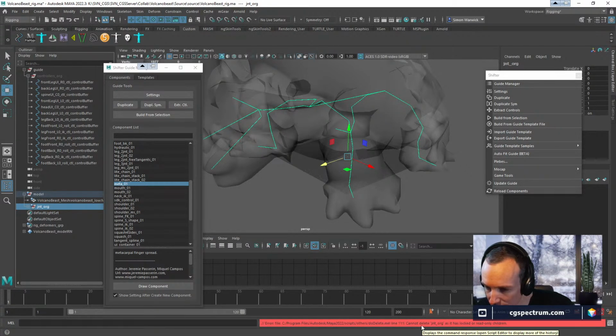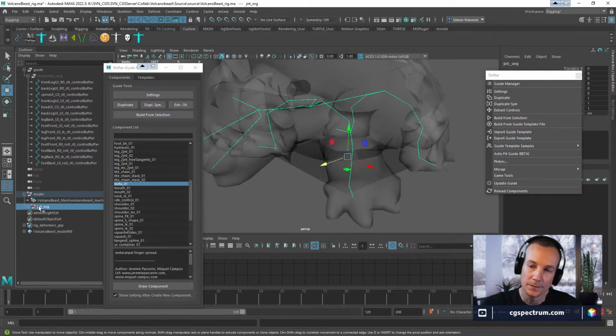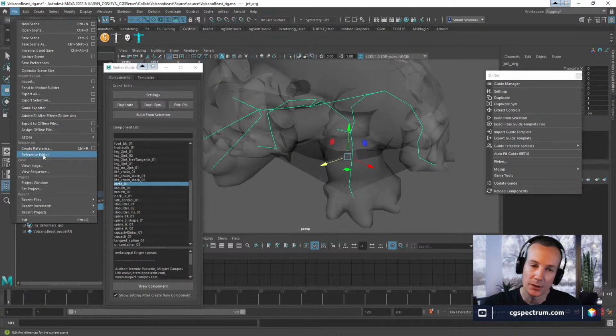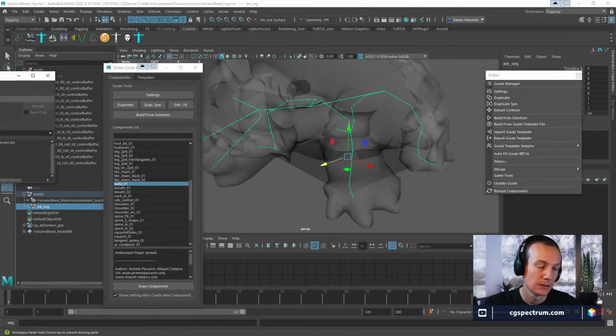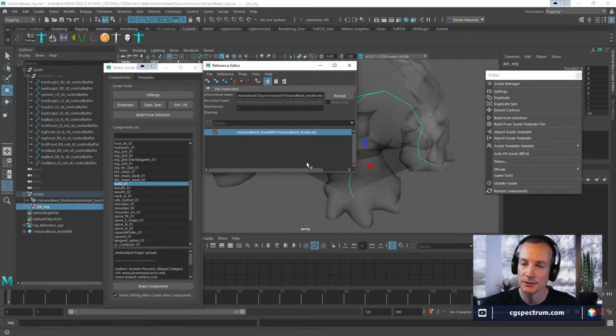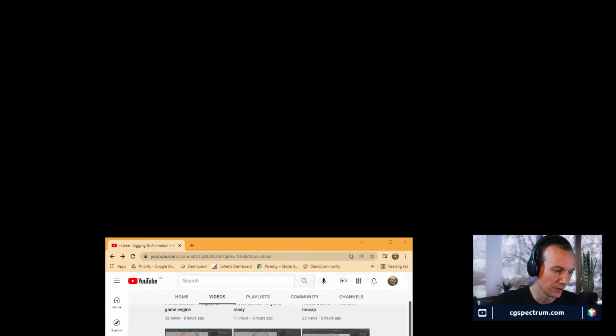Can I delete joint organizers? Locked, read only, with children. Why is that? Have I brought in... What is my reference right now? Model. Alright, I gotta go find out. Maybe I've got something confused here.